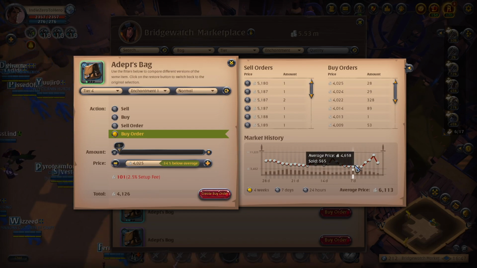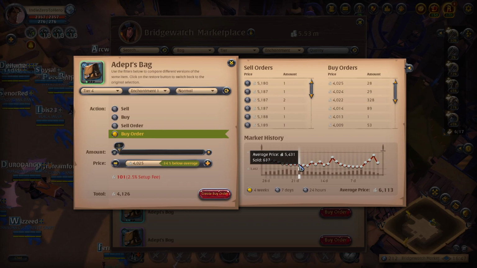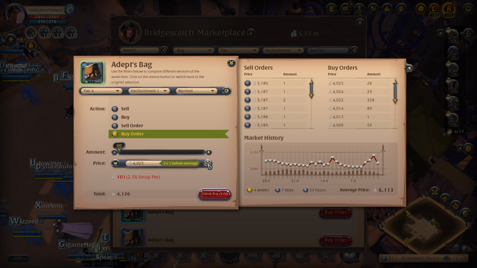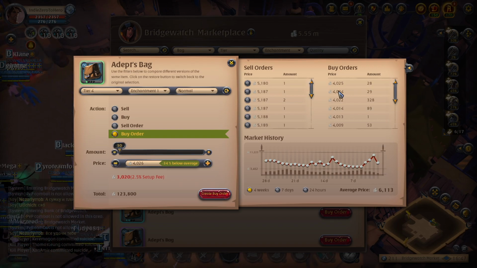Generally, I like to go off of a 5% rule. So if these are sold, let's say 600 per day, I'm probably lucky if I can get 30 of these filled of my buy order. So if I put a buy order for 30, and you guys got to play around with this too, because the more you put in, the more chance you'll get items filled, but it's less of a chance that it'll get filled before